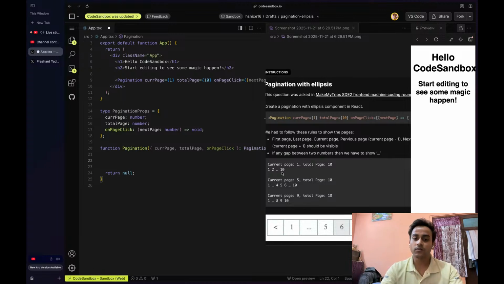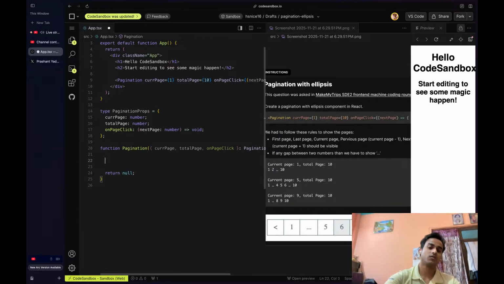Other than that, if the current page is not on the extreme end, at most there will be four or five components at any time. In this case, suppose it was nine, so last minus one, second last basically. At most four components were shown, the others were ellipses. So things like this we will have to handle. To do that, we have the current page and we have the total page. Maybe first